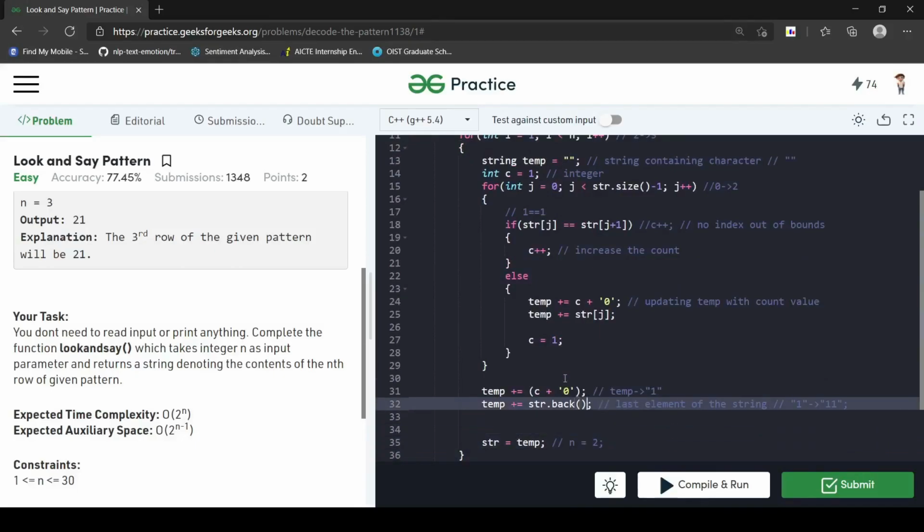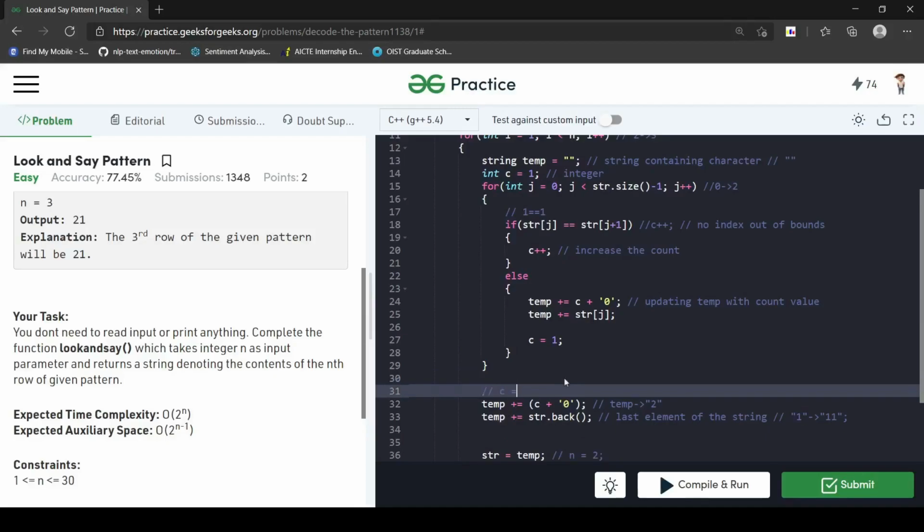Now we are here again with the temporary, which initially was 0, now it is being converted to 2, because the count value we find is equal to 2, since we have increased the count from 1 to 2 over here, right?